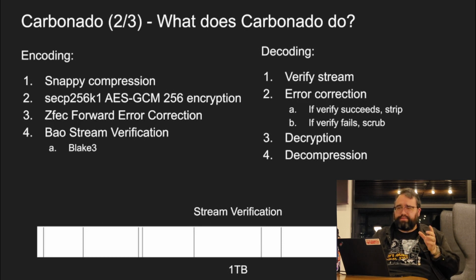Carbonado includes a few different encoding steps. We first compress the data, then encrypt it, then add error correction codes to it, so that if any portion of the data is lost, there's a good chance we're able to reconstruct the remainder of the data. And then we also use something called stream verification, which allows us to